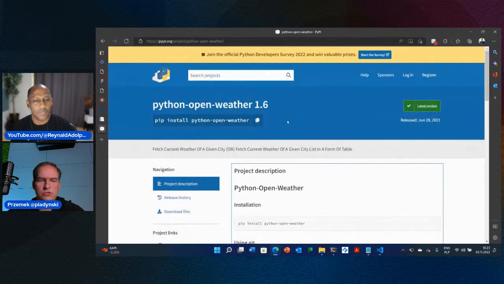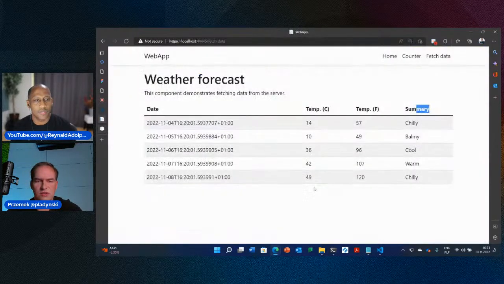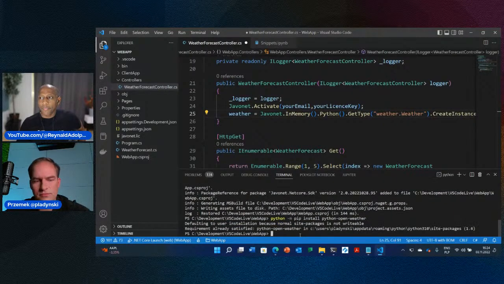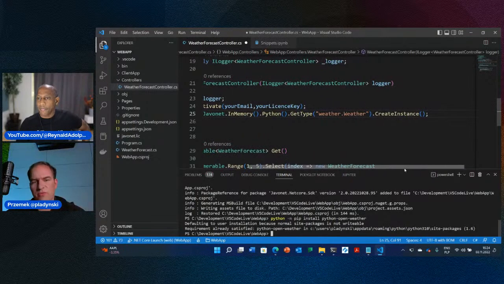So it's a module available in the Python dependency repository, which we can just install with PyPI. I have it installed on my machine, but you just go with install Python open weather. Let's make sure that I have it. So it says it's installed, but you see that right now we go beyond the framework options.